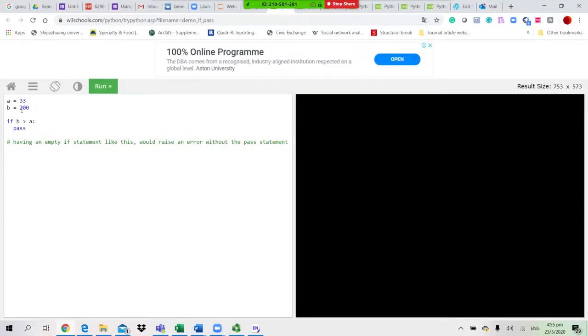A is equal to 33, B is equal to 200. If B is greater than A, then pass. Having an empty if statement like this would raise an error without the pass statement. So here you will see that